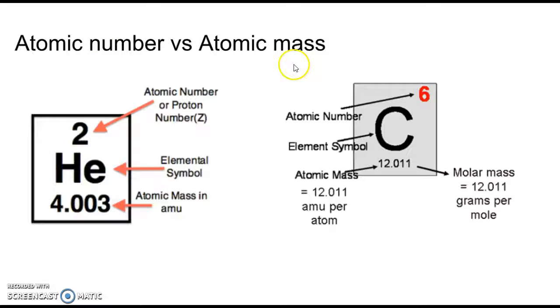Atomic number versus atomic mass. The atomic number right here tells you the number of protons as well as the number of electrons. And then you have your element symbol and then your atomic mass here. Your atomic mass is always